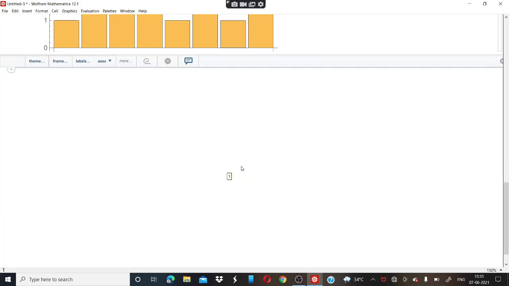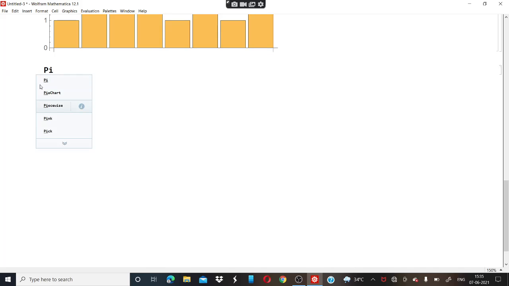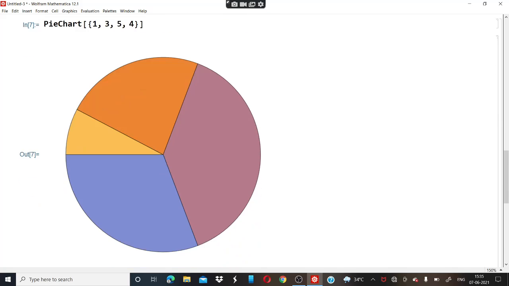Now you have to plot a pie chart. You just write PieChart, use the suggestion word, then use the brackets, then write 1 3 5 4, then close the brackets and press shift and enter key, and you will get the pie chart.